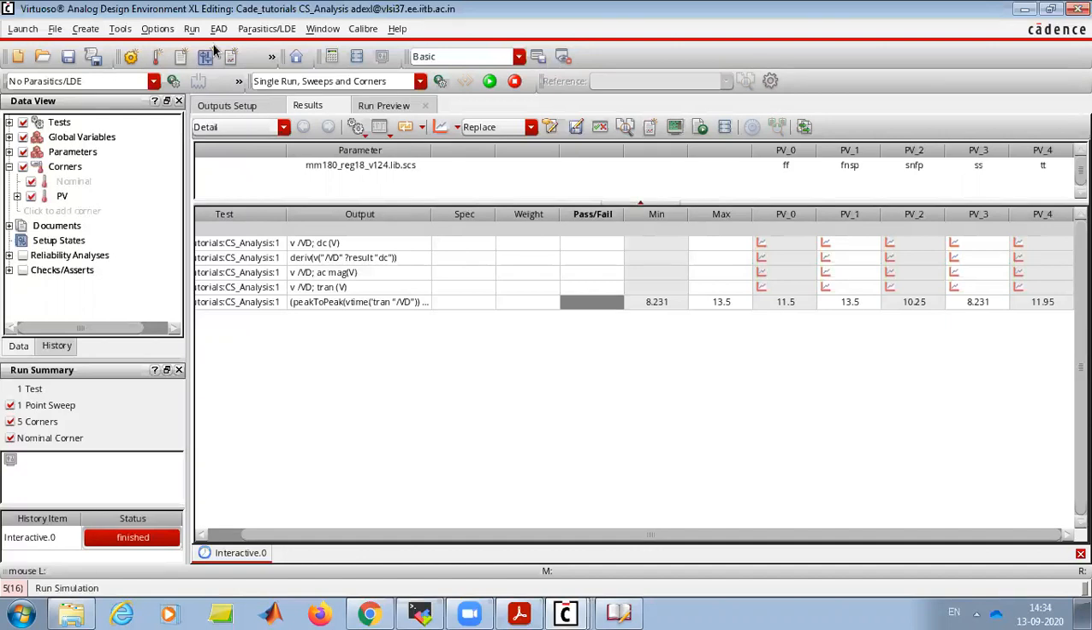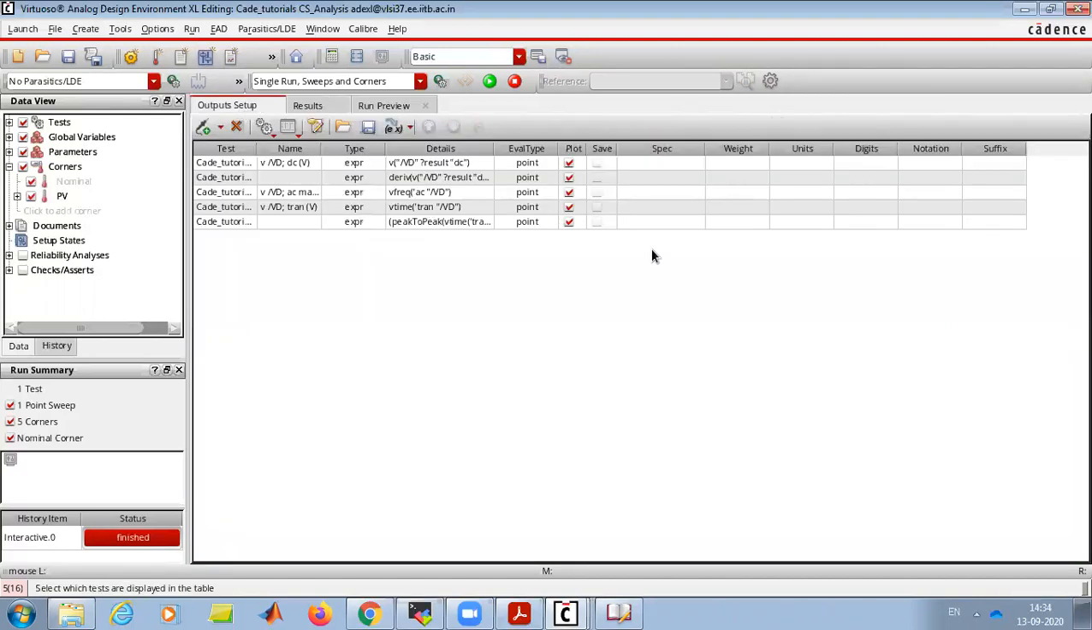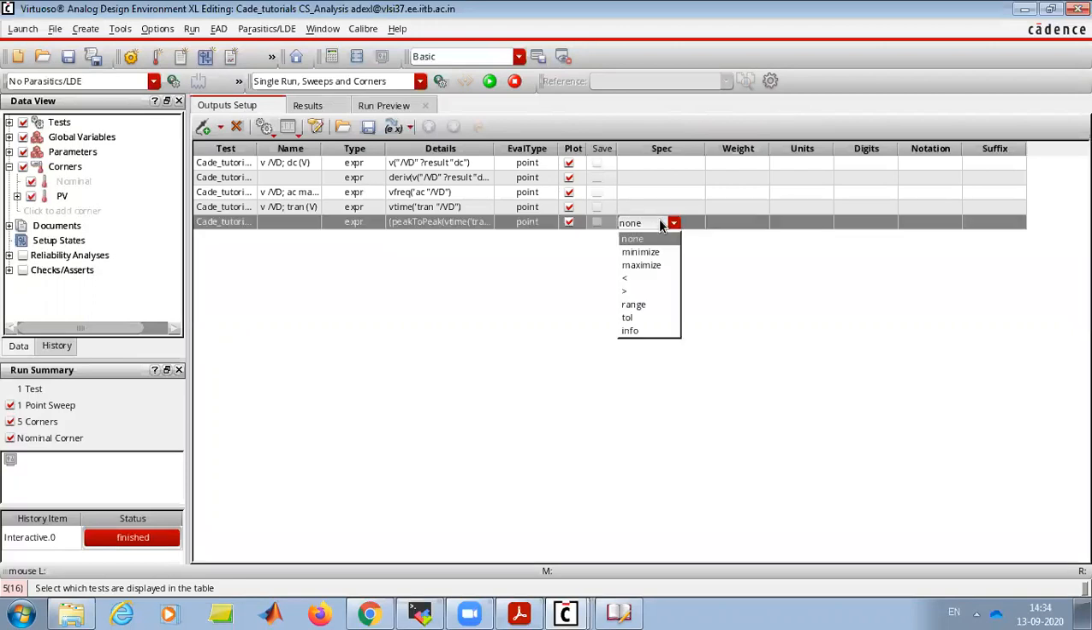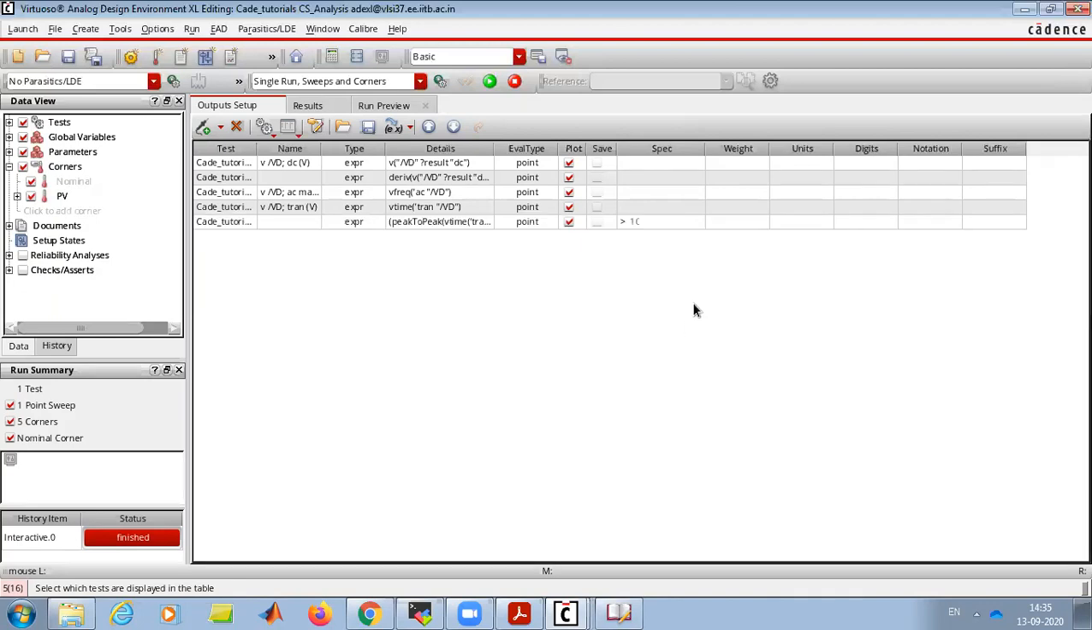There is also one option called specs. If we have 1,000 corners and you go and manually check all 1,000, it's not a good idea. It will take a lot of time. For that we can set a spec. Suppose you are interested in all your specs being greater than 10. If I set something like this and run the simulation,